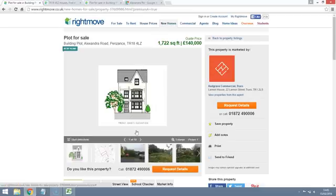I received notification of a reduction in the asking price of a plot of land in Penzance in Cornwall, and I wanted to take a look to see how the numbers stacked up now. So this is a